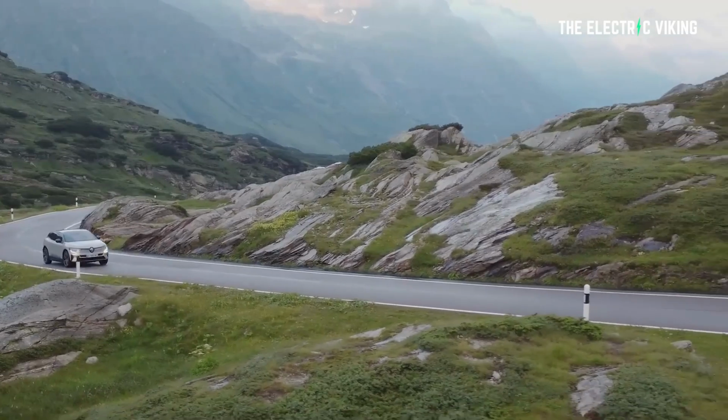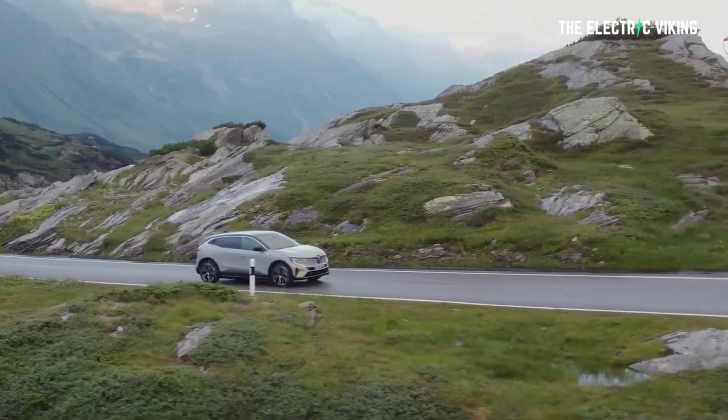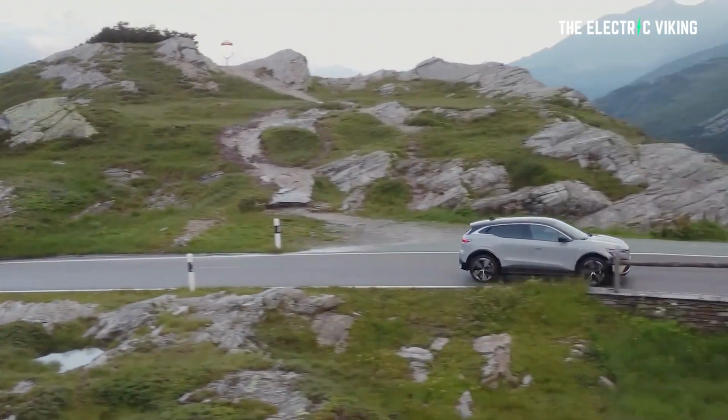Now, currently, right now, I personally think that I would be holding off ordering this car because of the price. I think it's a little bit higher than it should be. And I'd be waiting maybe 6 months to see what other models come to the market in Europe and the UK, where this is obviously going on sale now. But if you need a car right now, you don't have a car, then this certainly would be a good